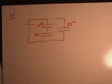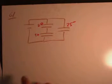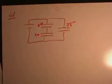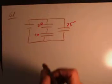The way you have to handle this is piece by piece, and you have to do a bit of pattern recognition to see how these capacitors combine. As this one sits, there's nothing you can do with it right now. It's just sitting there. It's a 25 microfarad capacitor. But these two right here are actually in series, and you can always combine capacitors in series in